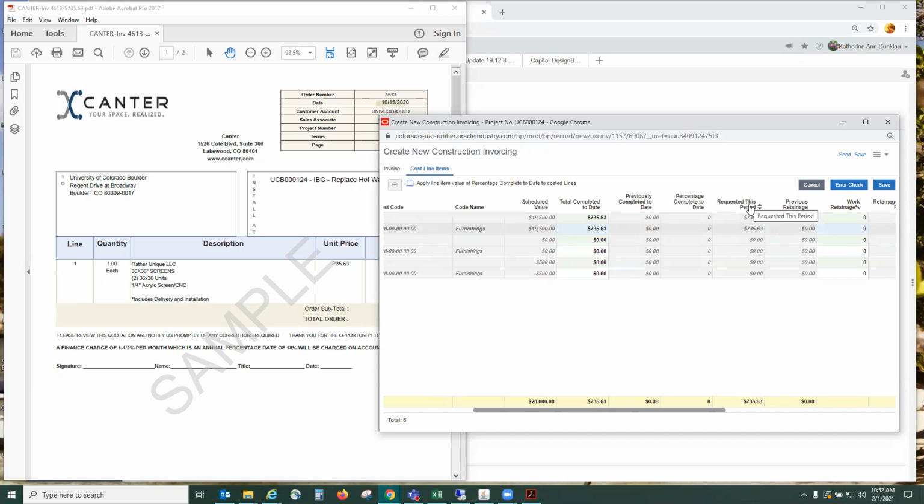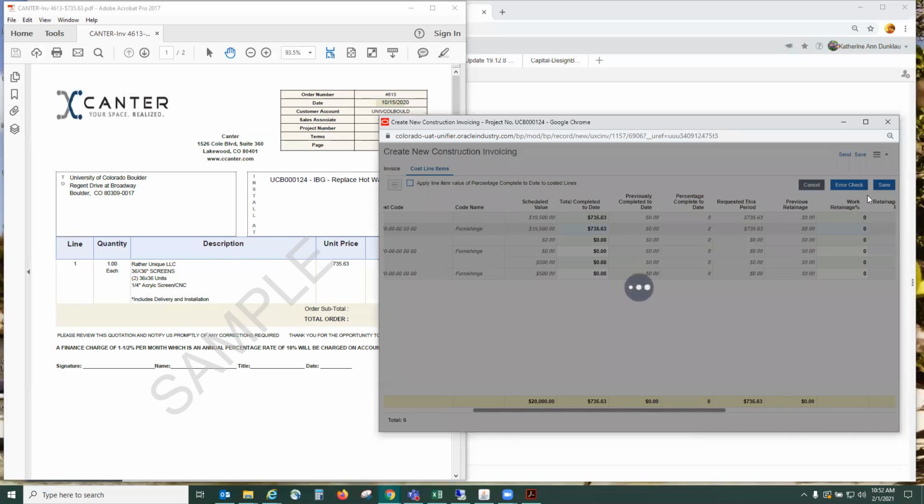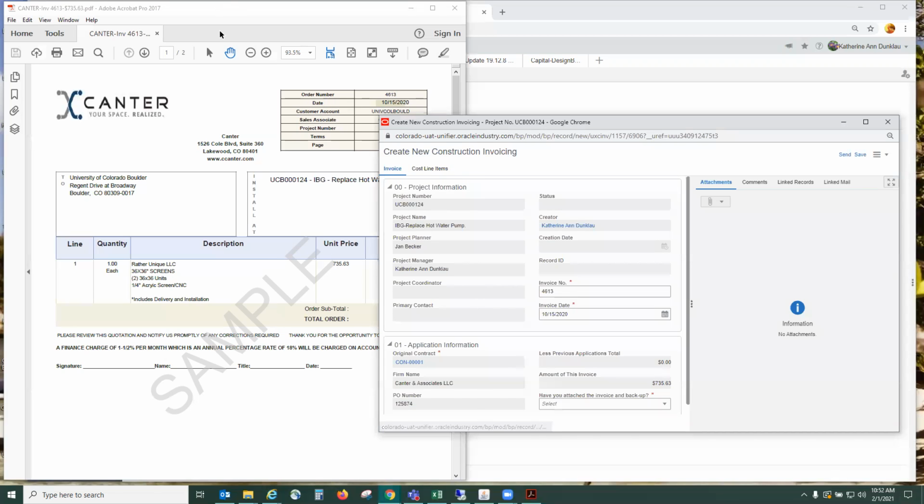We'll look at the requested this period total and confirm that it equals the invoice. I can safely click save. We also want to make sure there is no retainage on this particular purchase order. Then I can go back to the invoice tab